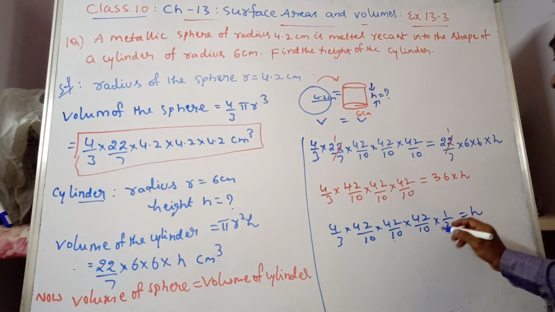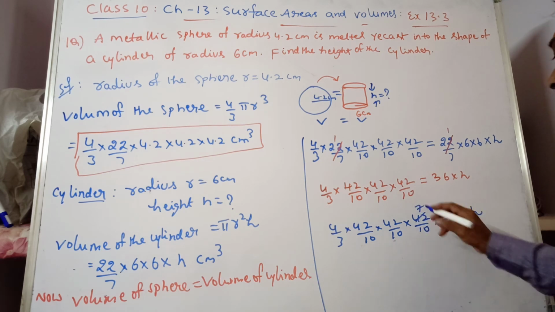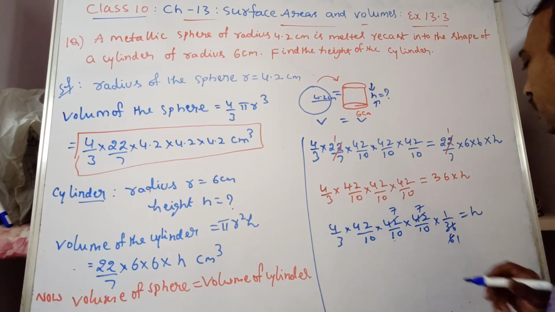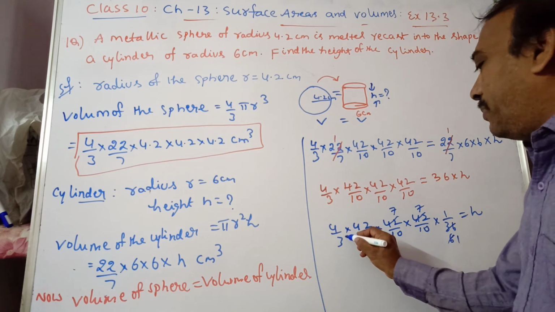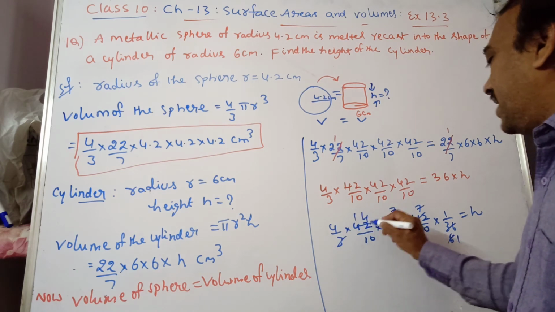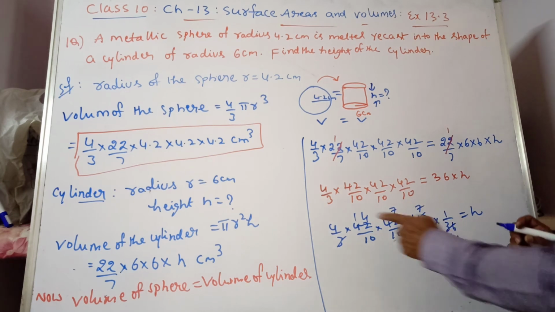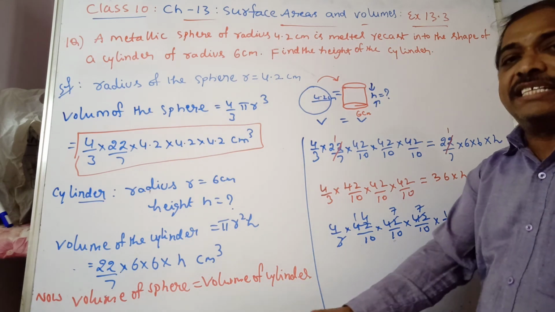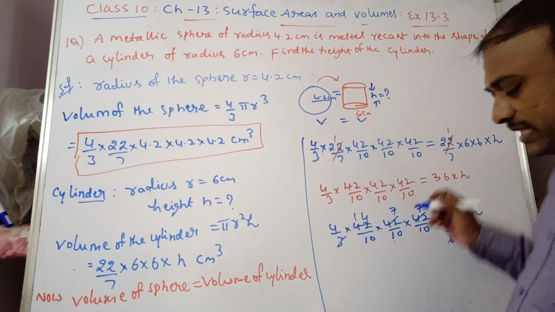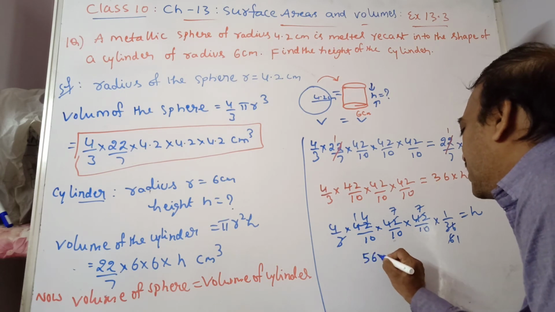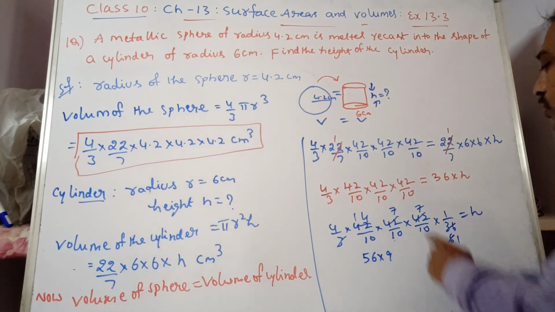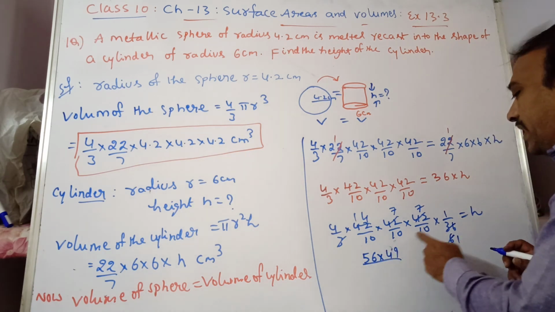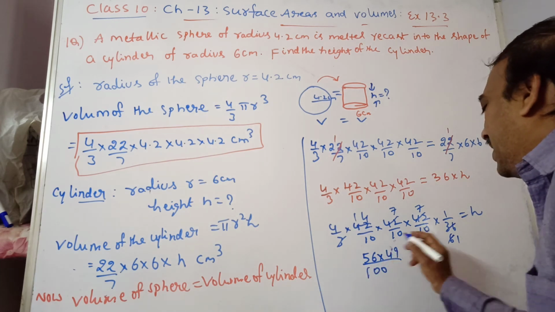Now you see here, 6 sevens are 42, 6 sixes are 36. Next, 6 ones are 6, 6 sevens are 42. Next here, 3 ones are 3, 14 threes are 42. What do we have in the numerator? 4 into 14 into 7 into 7. So 4 into 14 is 56, 56 into 9, so we have 56 into 9 divided by 56 into 7 sevens are 49. So 49 by, this is 10 into 10 into 10, which will give you 1000.